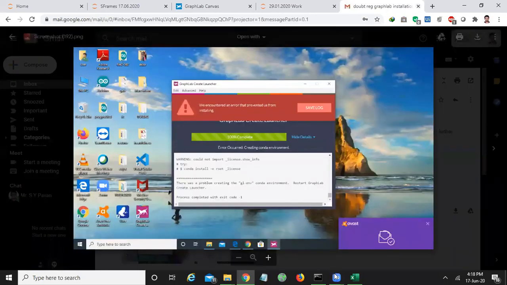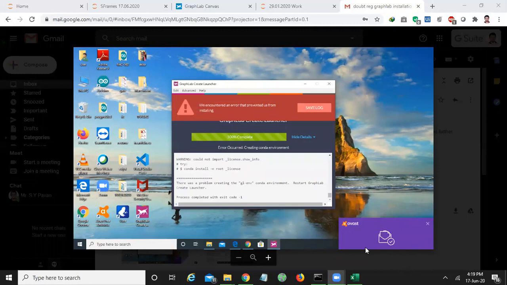Now, those who are asking me about the GraphLab installation, all of you are getting this code. I already explained the same yesterday also. I don't know whether you were in the session or not. If you are getting this, 100% complete, error occurred creating Conda environment, don't worry, your Anaconda has been installed successfully.